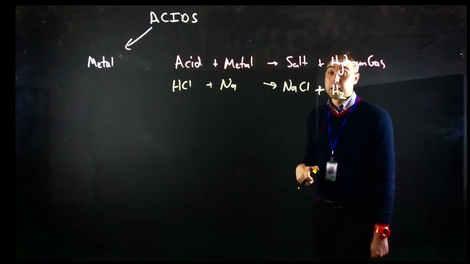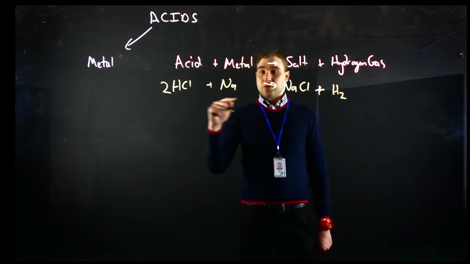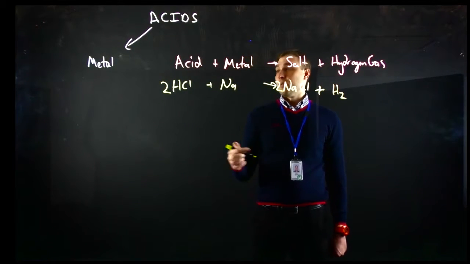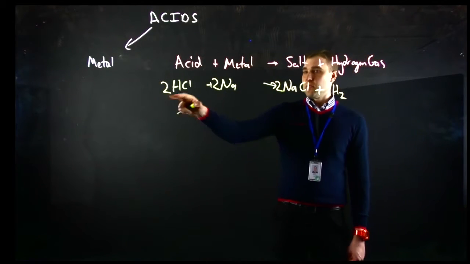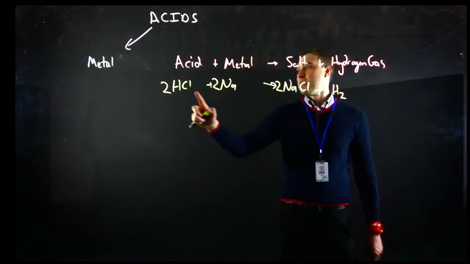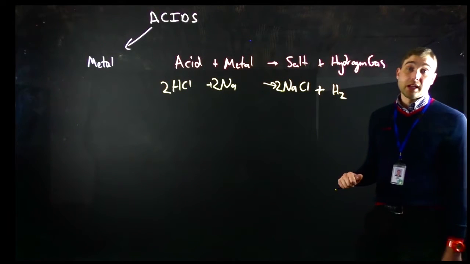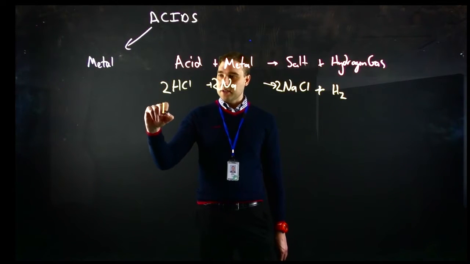Now we need to check for balancing. 2 hydrogens but only 1 hydrogen, so we need to double that. 2 chlorines, only 1 chlorine, so we need to double that. So we need to double our sodiums as well. So 2 hydrogens, 2 sodium, 2 chlorine, 2 chlorine. Now we're balanced. So in our second example, let's look at sulfuric acid